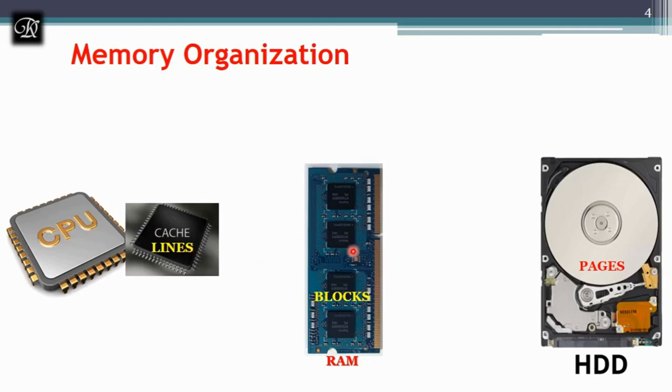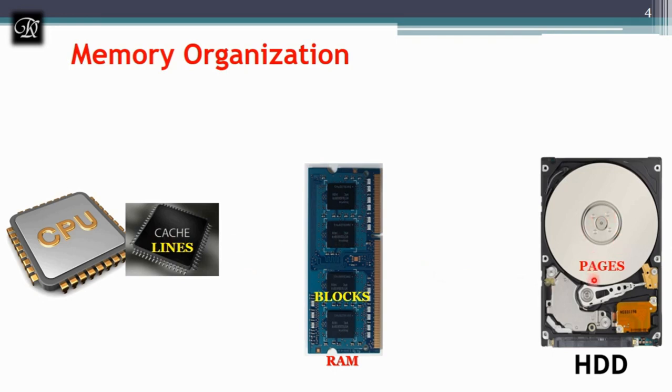Now, in the hard disk we have the data. Actually, we divide the hard disk into tracks and sectors. You will learn more about the hard disk in the subject operating system: more about secondary memory, how the page table and virtual memory work, and there is something called TLB. All these things you will be studying in the operating system. Here, we will be concentrating only on the CPU and the RAM, where we get the cache. But still, we should know how the data is stored in the hard disk.